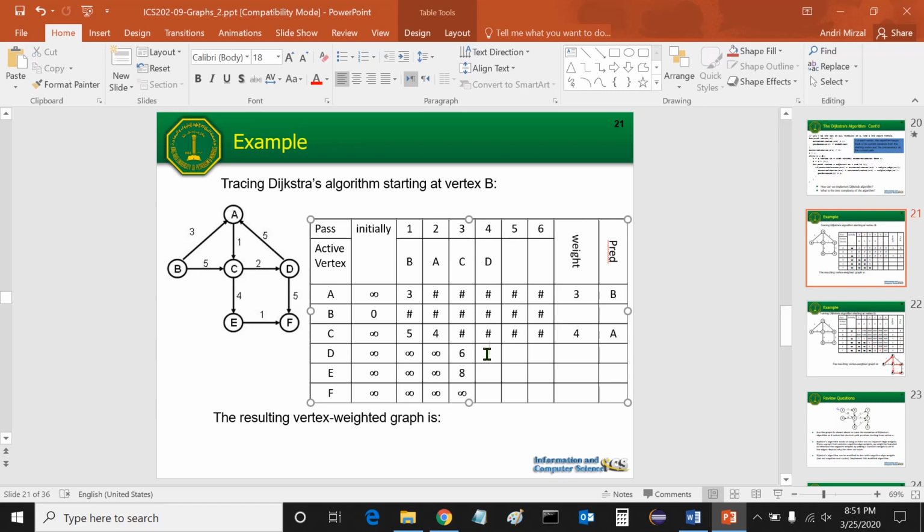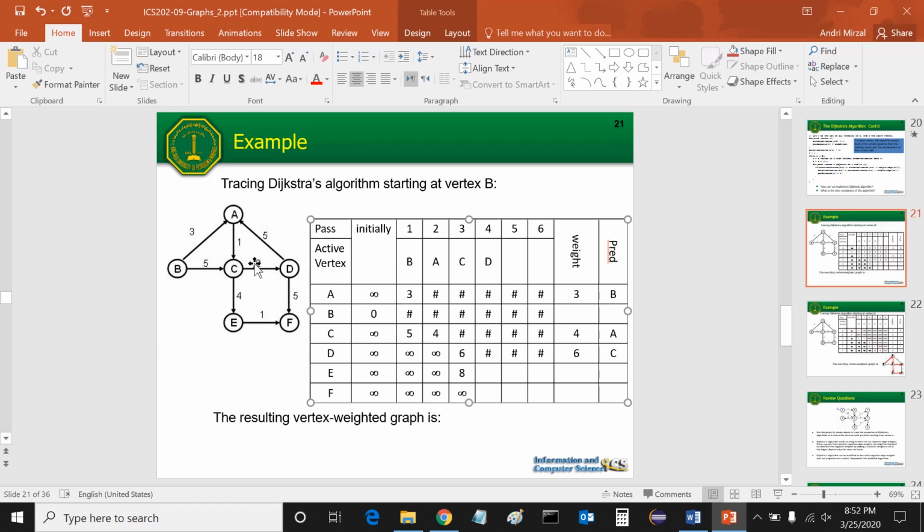Okay, wait a minute. Copy this to the next cell and to the next cell. Okay. And because we are already in D, we go to D by using this path, right? Means that the predecessor of D has been decided. That will be C. So the predecessor of D is C. And of course, we already know the way. That will be 3 plus 1 plus 2. So that will be 6, okay?